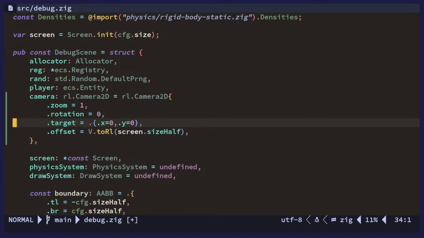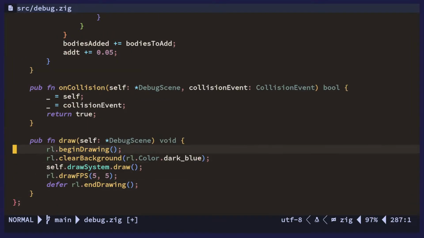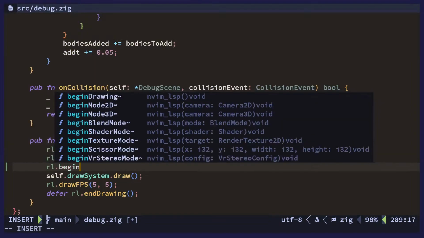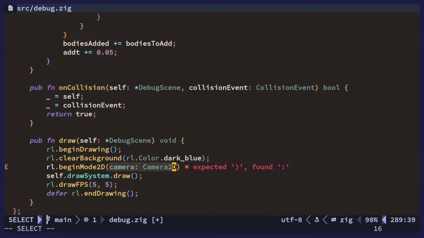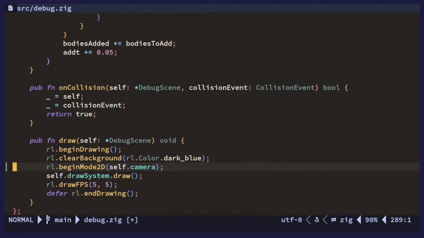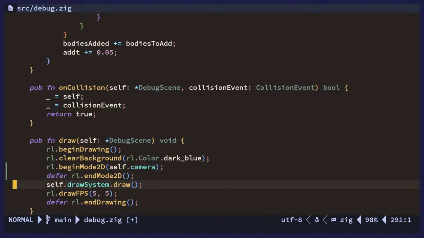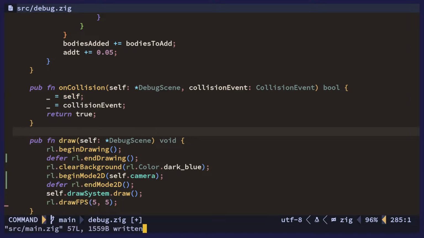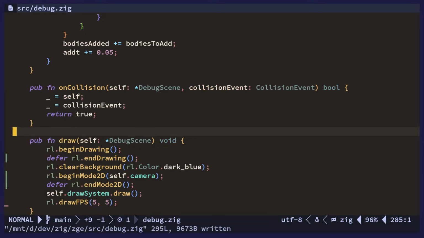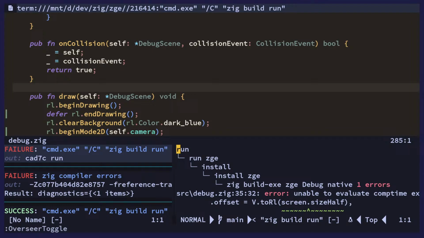There. And then in draw, we will do begin mode 2D, self.camera, and we defer end mode 2D. Also, this can be up here. Okay. So now, in theory, we should see things in the middle instead of